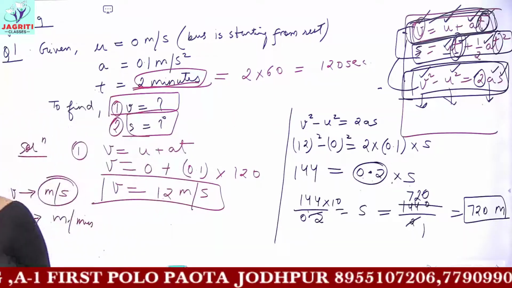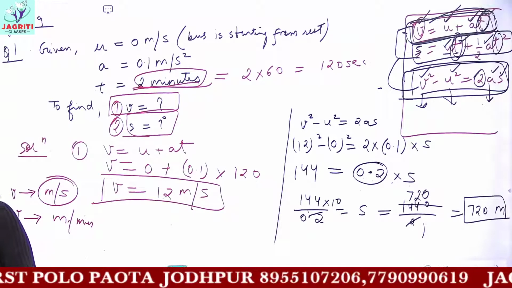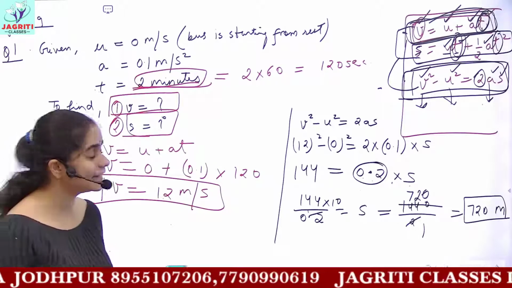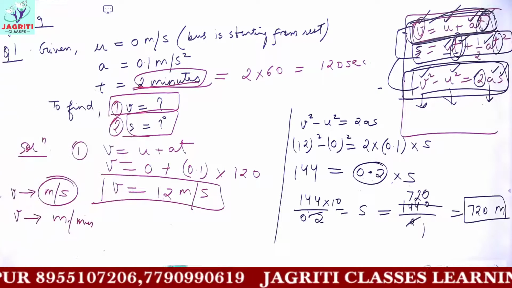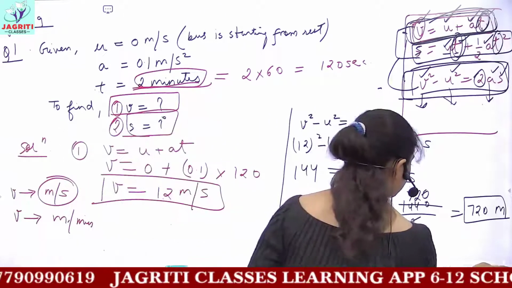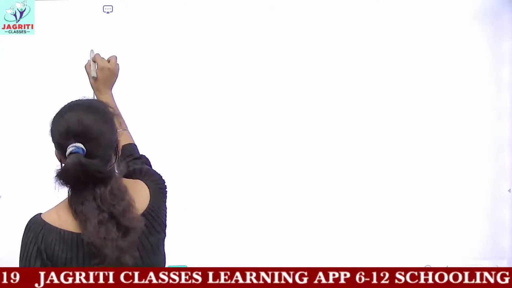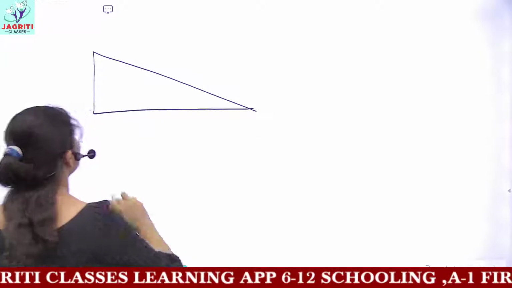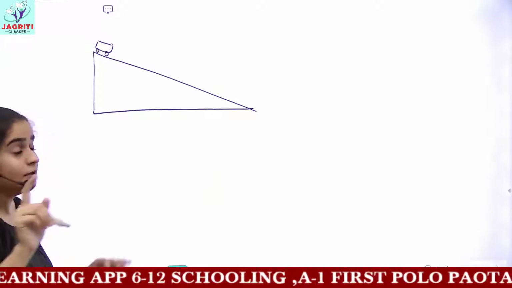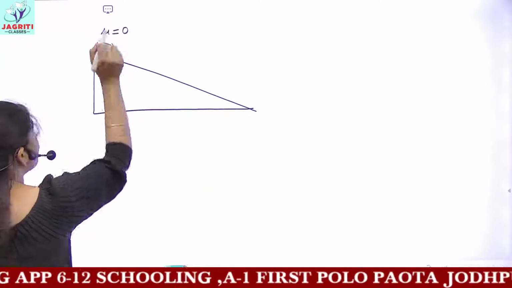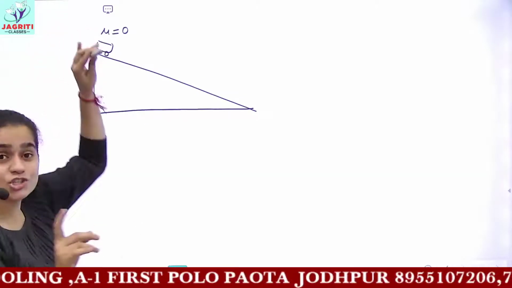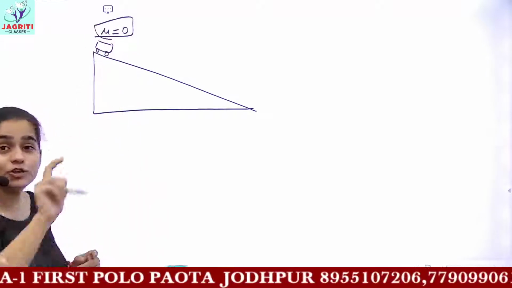So these were some of the numericals. Now the next one which is given is, a trolley while going down an inclined plane has an acceleration of 2 centimeter per second square, okay? And then it is given what will be the velocity after 3 seconds. So what we are given, now I will not solve it, I am just telling you that there is an inclined plane here and a trolley is here which is going down an inclined plane. So you can take here the initial velocity of the trolley would be 0 because you are holding the trolley, and when the trolley is initially at rest, you will assume the initial velocity to be 0.